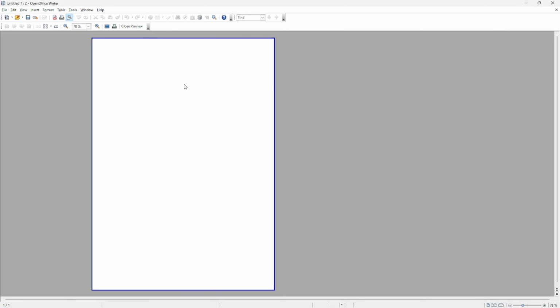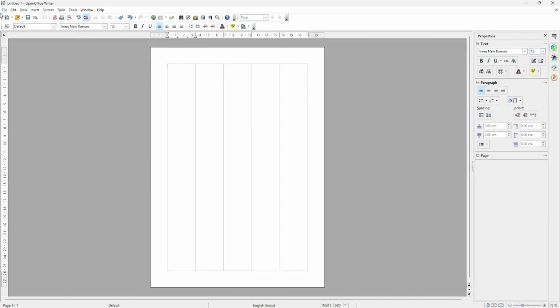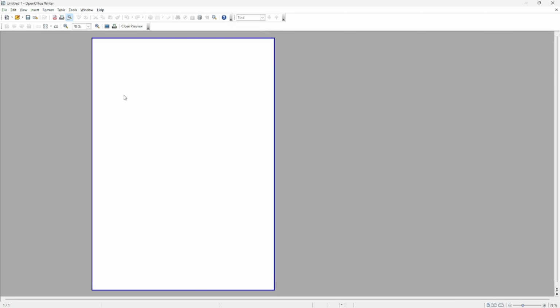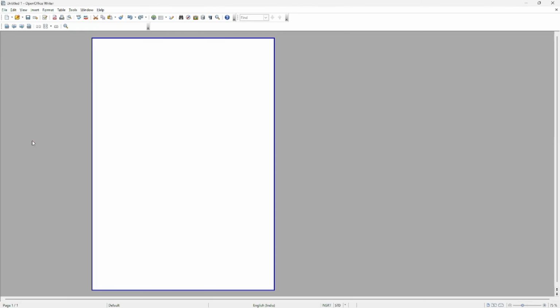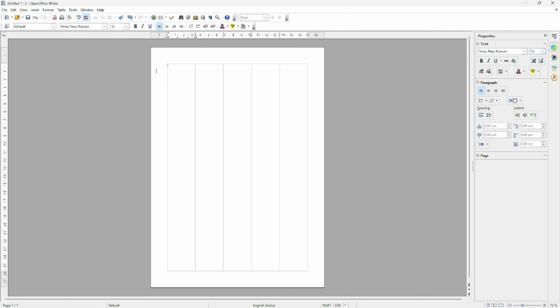What does page preview basically mean? If I print this page, how will the print appear? It is called page preview, meaning a preview of that page. If there is a document I typed, but I want to see how it will appear on the page, with margins, borders and so on, I will use page preview. How can I close the page preview? With the help of the Escape key. Which key? Escape key. Here you can see it came, then I will press the Escape key, and it goes back. The second option is also there, page preview, and here you can see close preview. If you click here, it will also close.